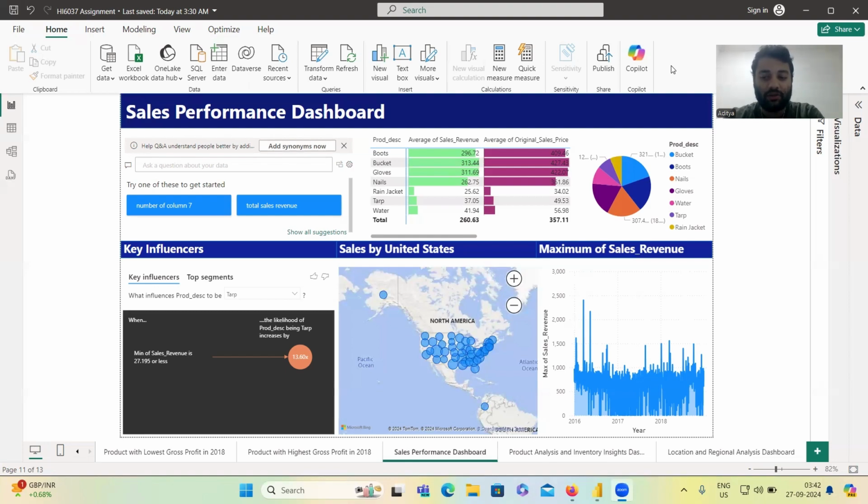Furthermore, because it shows minimum sales revenue for each product, the key influencers area of the sales performance dashboard is positioned fourth. The fifth graphical representation of the largest sales revenue by state is a map visualization. The sixth visualization features a bar graph that improves the display of these maximum sales revenues broken down by the year. Next is